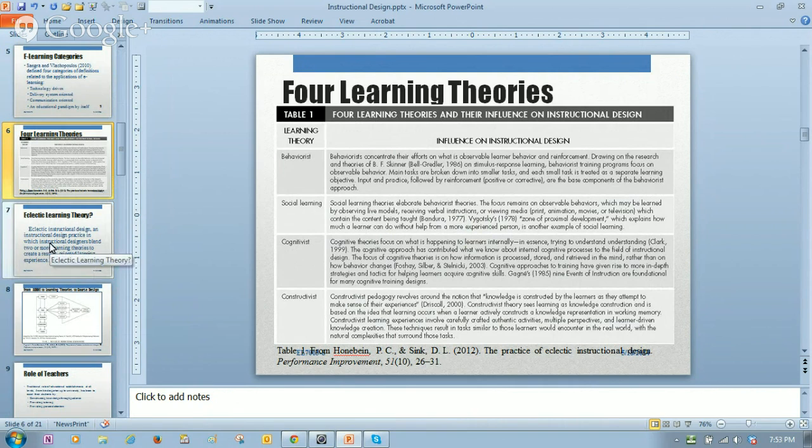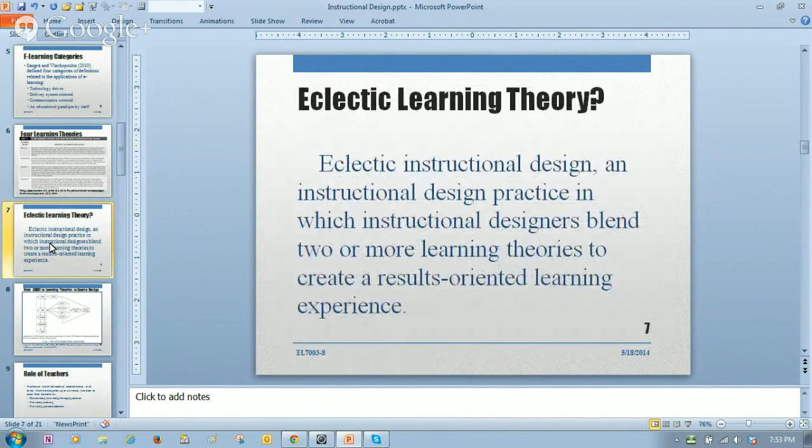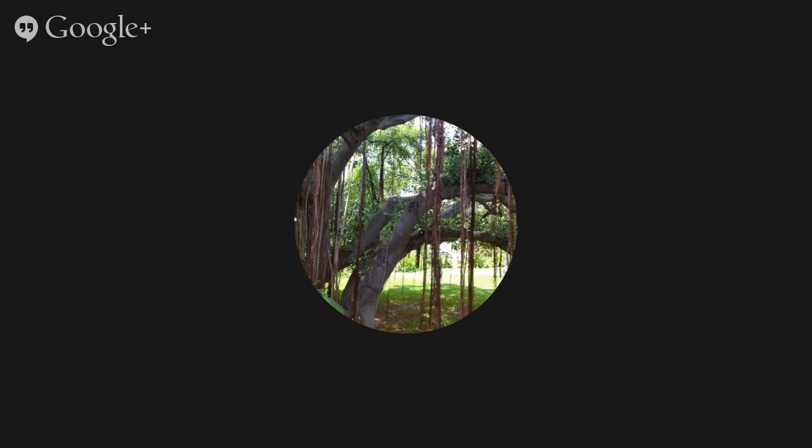So I was very excited when I happened upon an article that talked about the eclectic learning theory. Eclectic instructional design is a design practice in which instructional designers blend two or more learning theories to create a results-oriented learning experience. So I saw this as perhaps not necessarily